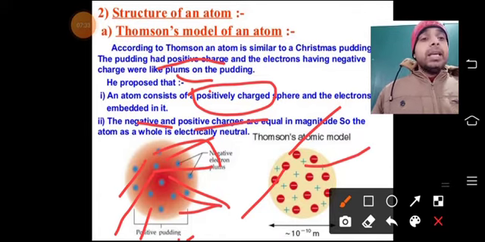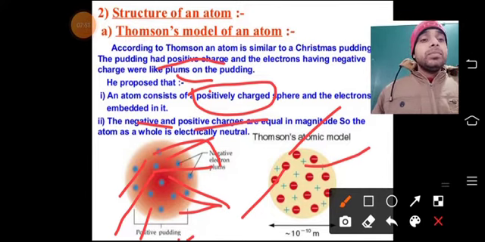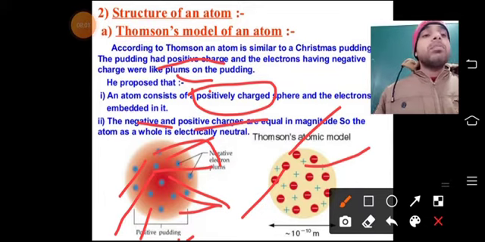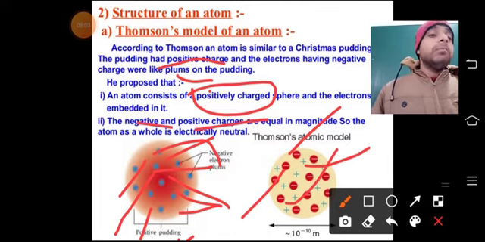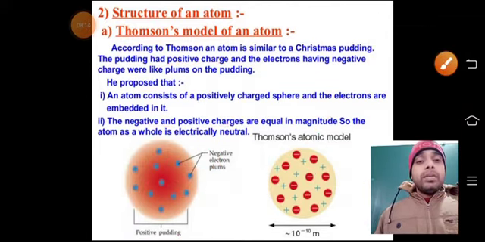We can say that here we have seen the model of an atom, and in the Christmas pudding we have seen that atoms are neutral, and there are positive charges and negative charges in an atom. So on the whole, this tells us that there are some charges, and that is the electron, and the electron always carries a negative sign, and that is shown in this one. Now this is the Thomson model of an atom,